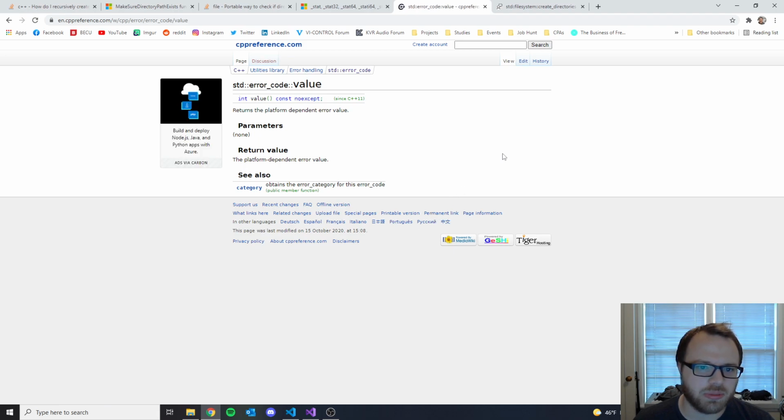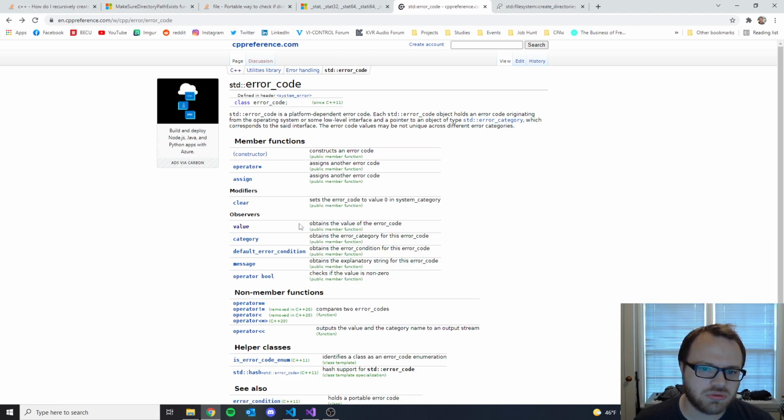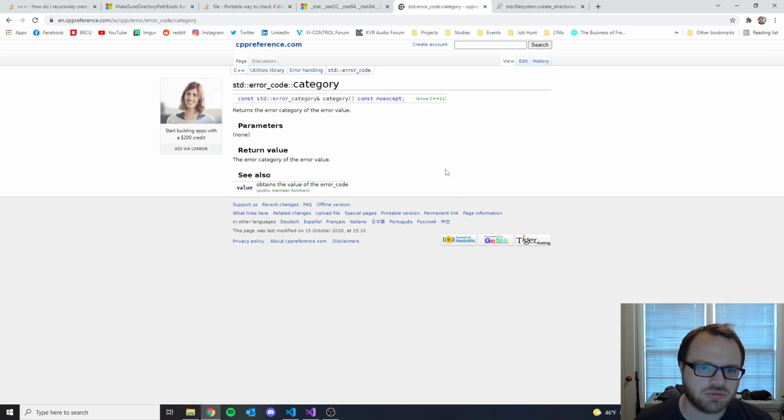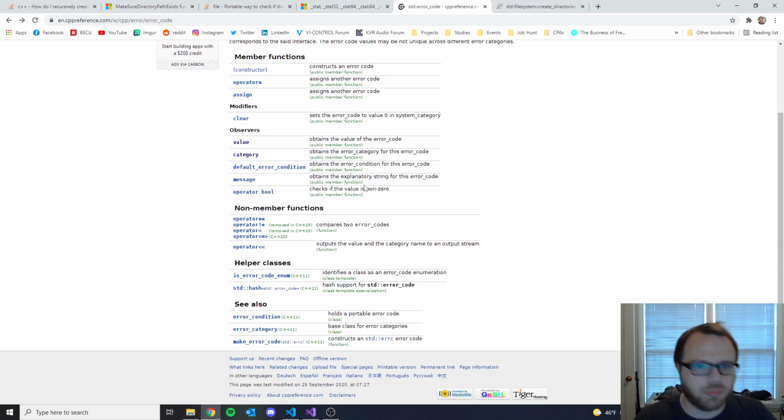So platform dependent category. I want a platform generic way of confirming that there's no problem. In my understanding, both macOS and Windows implementations should be error code 0 for no problem, but